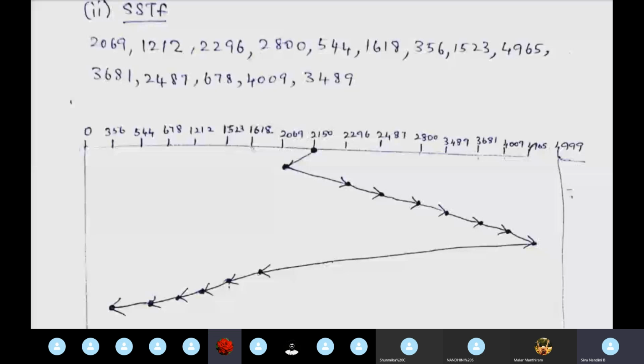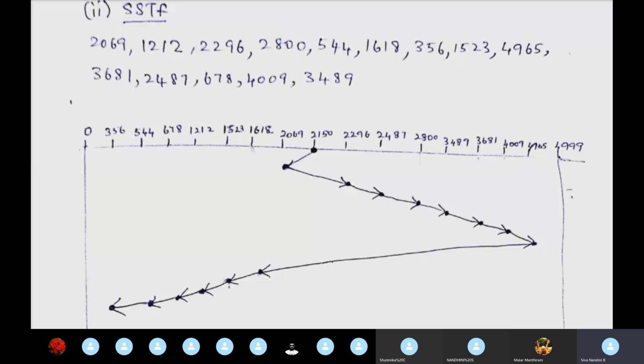So in this case, if I see, so everyone mute your volume. From 2150, the disk head goes to the shortest. So இங்க subtract பண்ணும்போது எந்த வேல்யூ கம்மியா இருக்குன்னா 2069 க்கு போறதா கம்மியா இருக்கு. ஓகே, so it went to 2069.